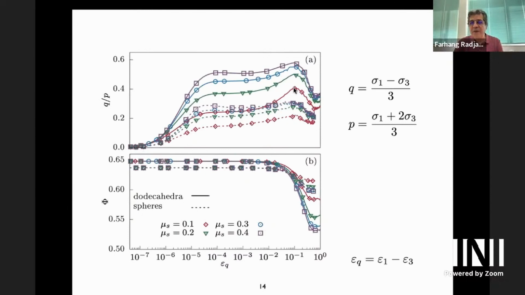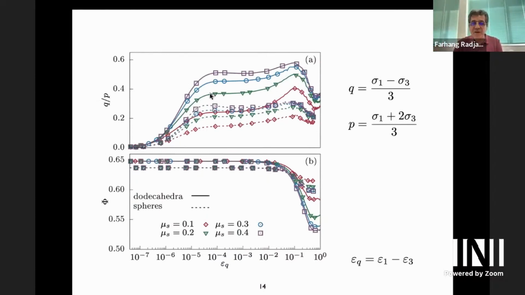and then it increases and goes to a peak. And these are for, I forgot to say, we tested 4 different values of friction coefficient mu s, from 0.1 to 0.4. So here you see in solid lines. Here we have, of course, many points, and the symbols represent places where we have probed the elastic behavior. So we have many, many more points. So these are basically the solid lines.